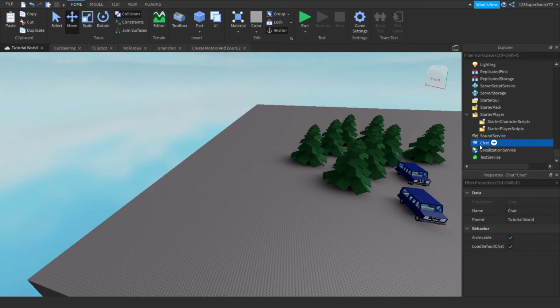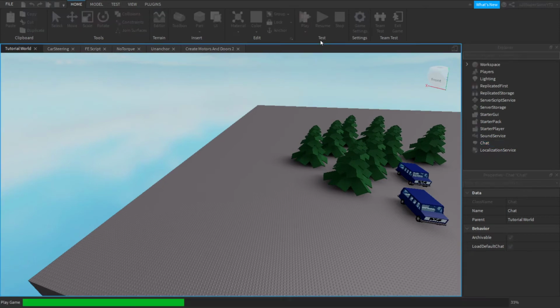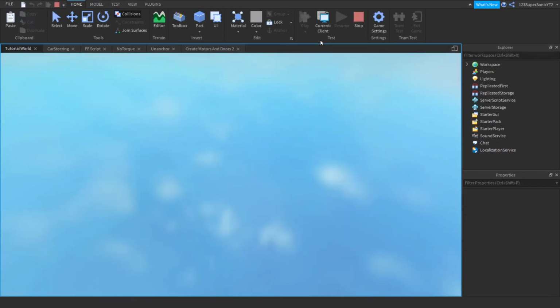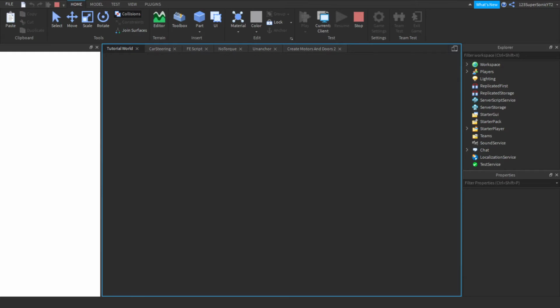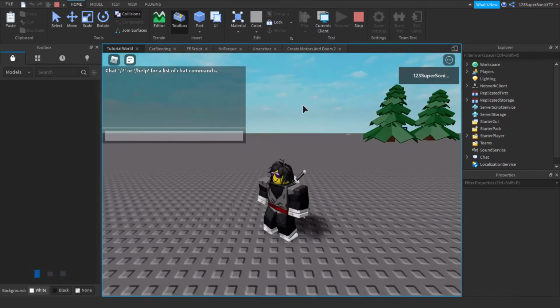But chat service, how do I put it? Anything involving chat, like chat bubbles, the default chat and stuff. I don't really use it that much, but if you want to change the chat type, let me show you. This is what you do. If you want there to be bubbles,